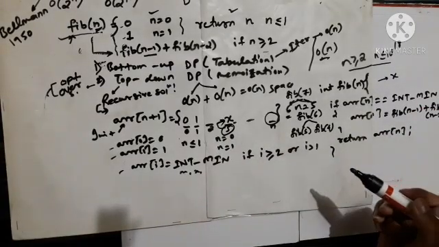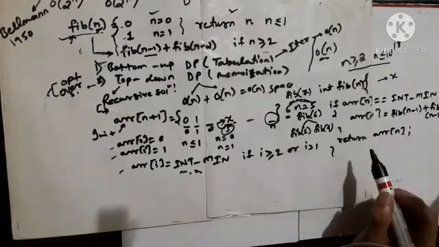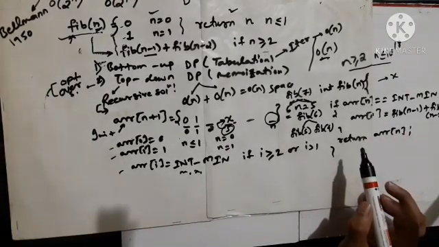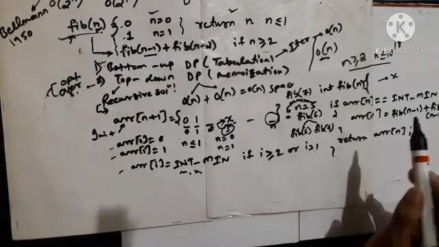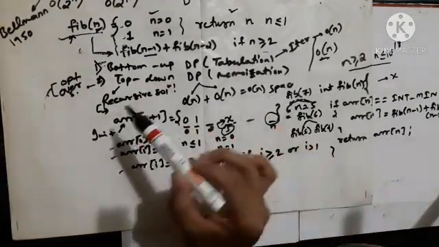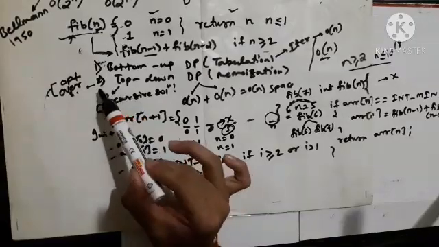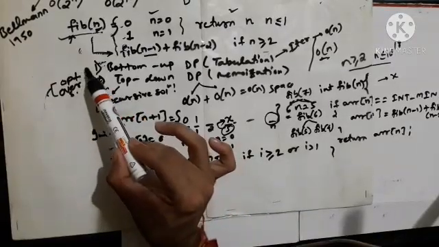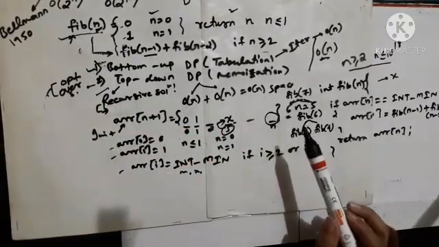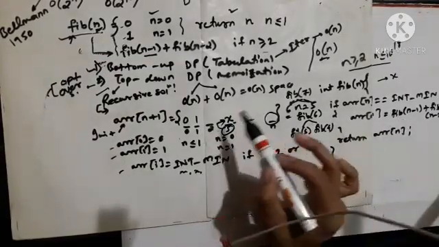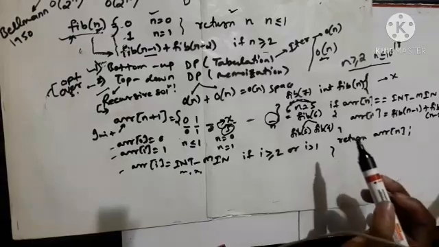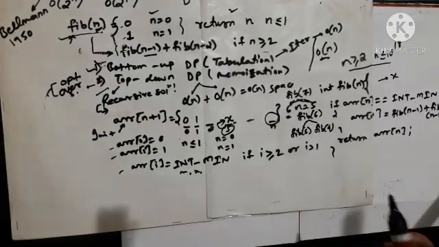Okay, and you can try the full coding by yourself. If you are not able to do the coding part by yourself, definitely I'll do the whole coding part. But first let me complete all the two methods. The first, top down DP, I have completed. Next I will talk about bottom up DP. Also I will talk about more advanced problems, like how you can trace a path, how you can create a path. All these types of problems we will discuss in the successive video.